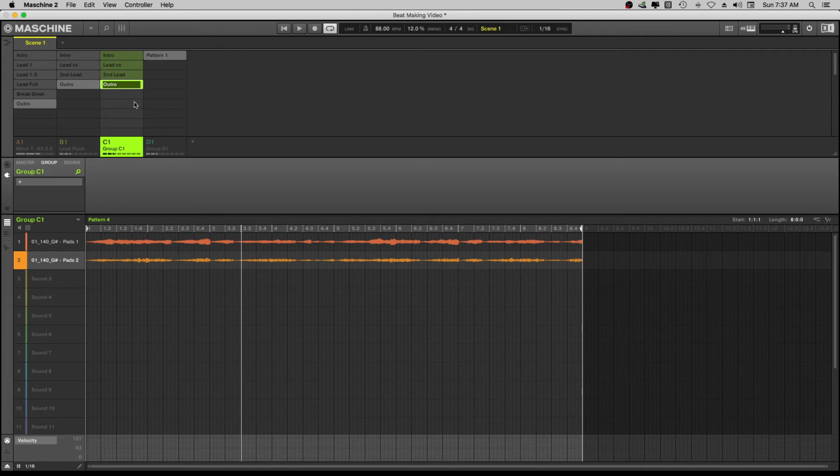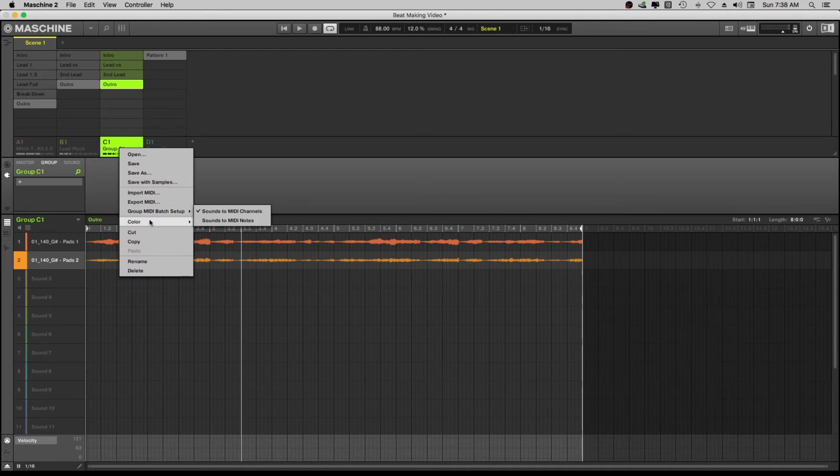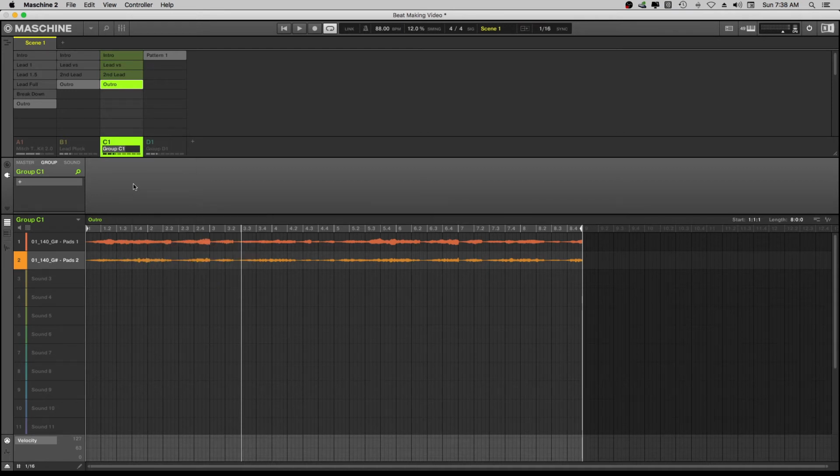methods and ways of doing things in Maschine, because a lot of this stuff that I'm doing, I do it this way because this is the way I do it. It's just that simple. I don't do it because somebody taught me this. I do it because I've been using Maschine for years, and these are just the ways that I've come up with to use Maschine, because